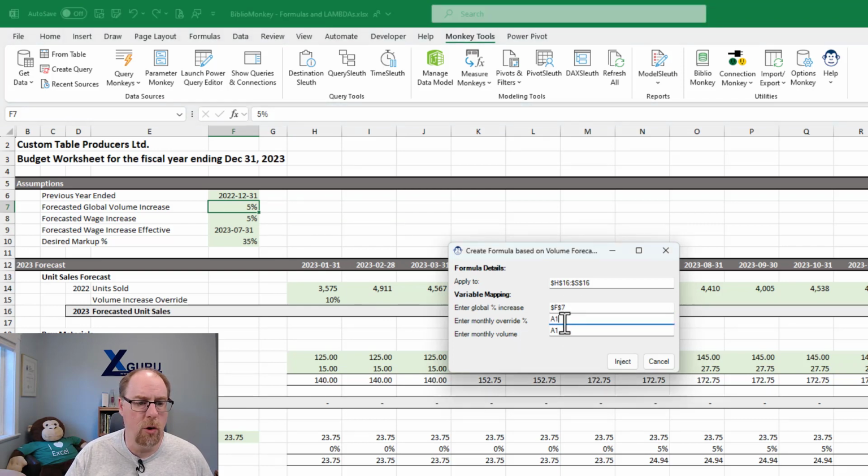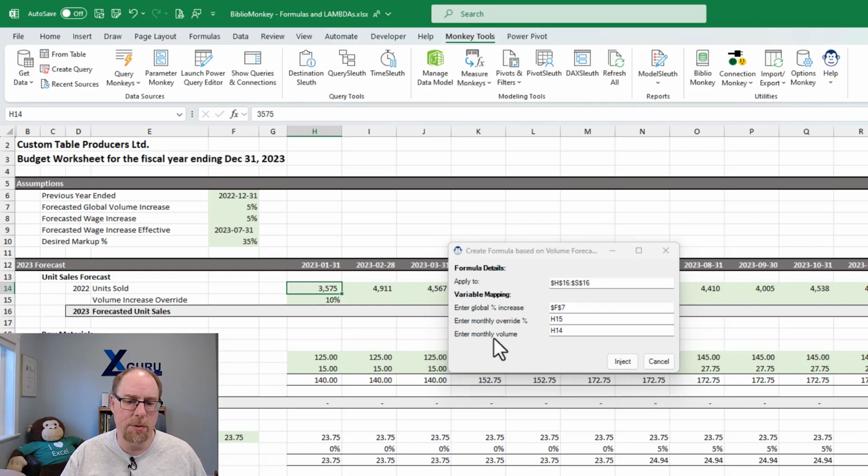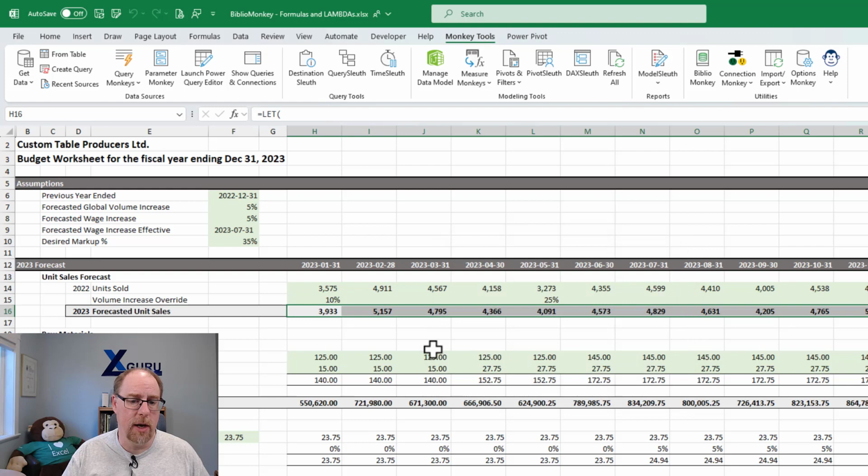My monthly override percentage is going to be right here, H15, and the monthly volume that I'm working with is going to be H14. And the thing I want you to recognize about this is that all of these things, as I selected them, tagged correctly with the absolute and relative values based on what I actually set up in the signature. And when I go and say inject right now, you can see that all of these populate,